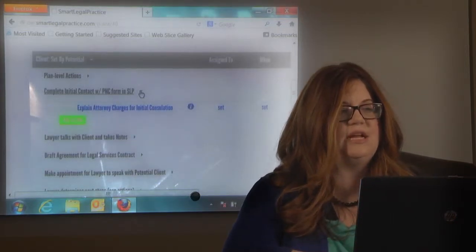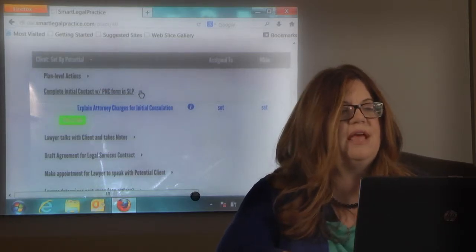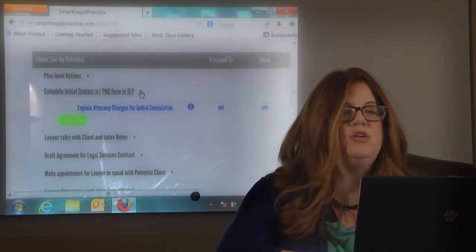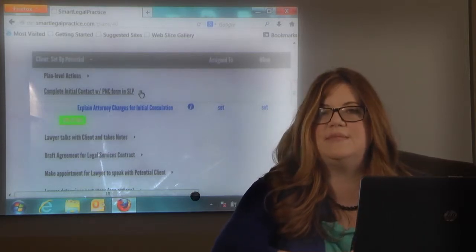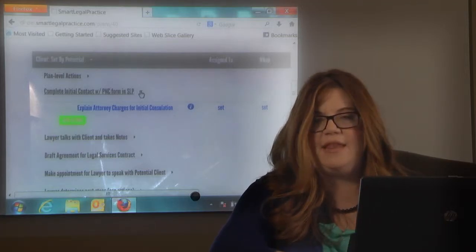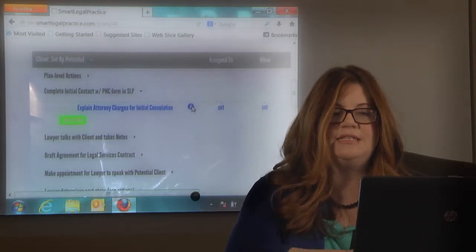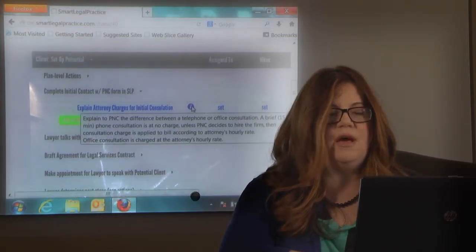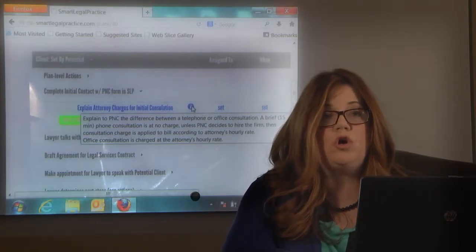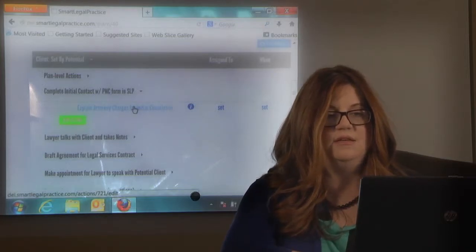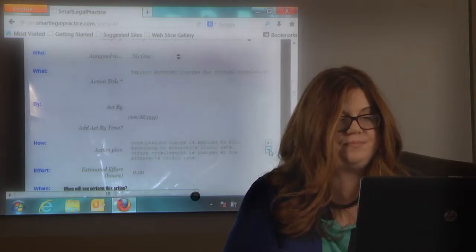So the first thing on our list here is they've already completed the form in Smart Legal Practice that we just talked about, and we remind them to explain how we charge for our initial consultation. And if your system is different than mine, then you'll need to edit this, because as you'll see, anytime there's a little I in a circle here, it has additional information, and you can just put your cursor over that I and see that information, or you can click into it like this